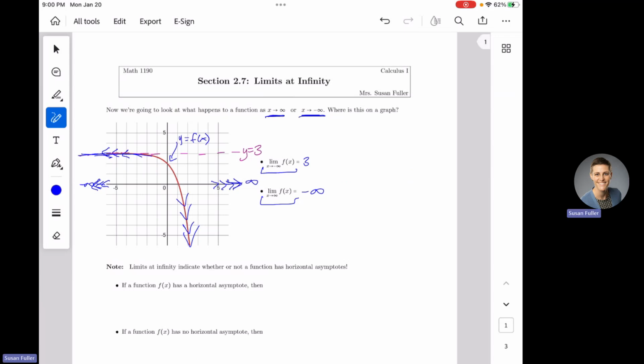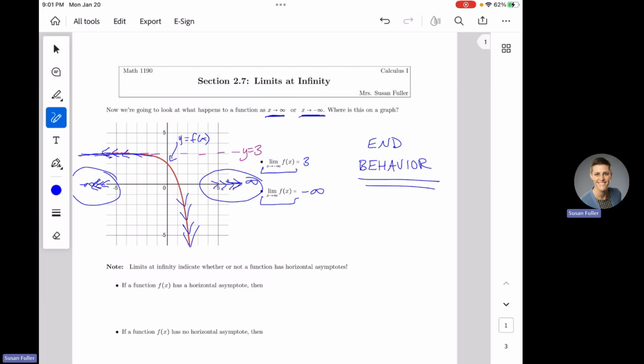So this is what we're talking about. Limits at infinity. X itself is headed to positive or negative infinity. We are looking at the ends of our graph. We call this end behavior. You've probably seen this in a previous class. If you've taken 1111 or 1113, that's college algebra or pre-calculus here at KSU, you have certainly seen end behavior before. So if you don't quite remember that, don't worry. We are going to get into exactly how to do that.